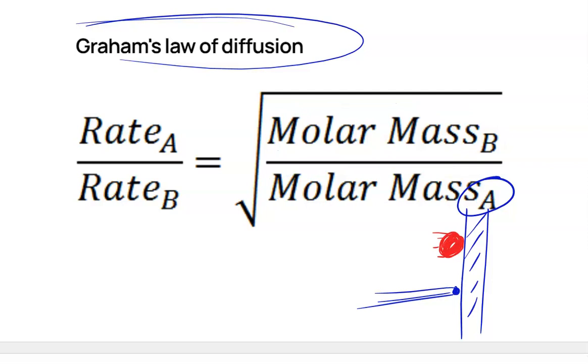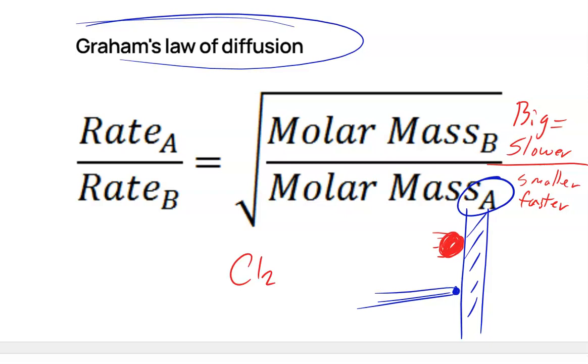Also, knowing that if we put the big one on top, that means we're also putting the slower one on top. And then if we put the smaller one on the bottom, that means we're putting the faster one on the bottom. I say that because you may know which one's faster and which one's slower, but may not know which one's bigger or smaller. If they give you something like chlorine and they said this one diffuses faster, you would put the